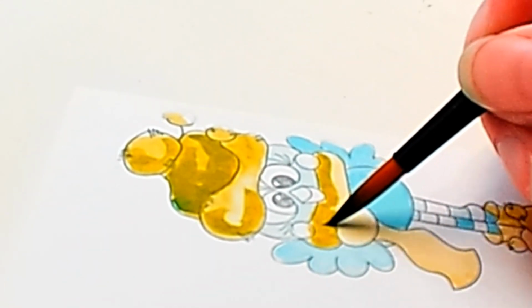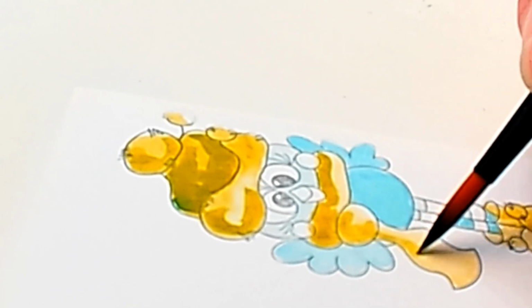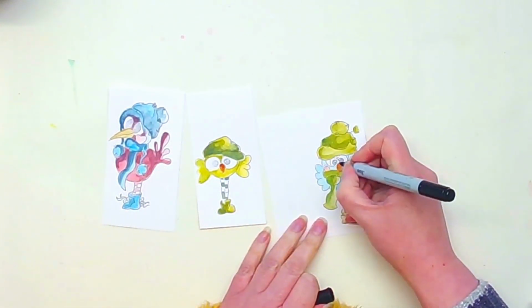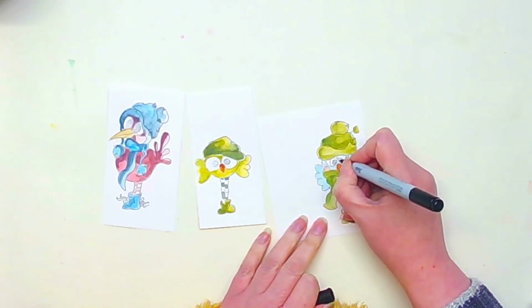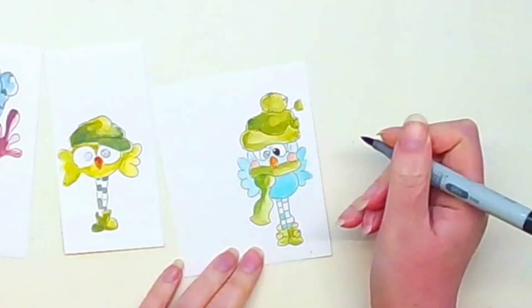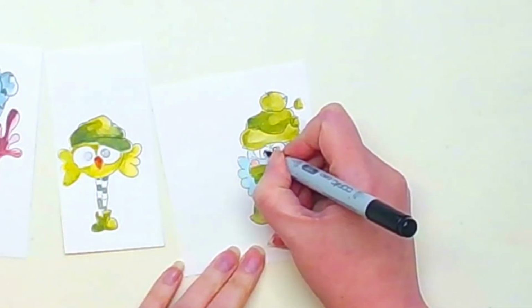I have gone for very loose. It seems to be like the only way I actually know how to watercolour. When I stamped, I don't know what happened, but the eyes just sort of disappeared. It was meant to be a juicy ink pad and I had tested it, so I don't know why it was so bad. But I always feel these sort of things look well dodgy, but if you put the eyes back in,